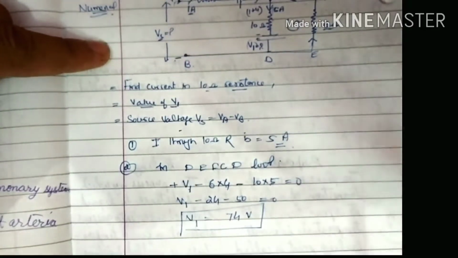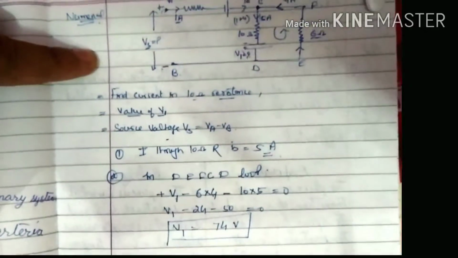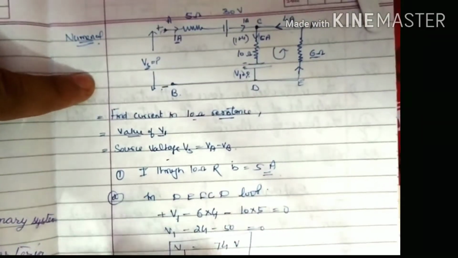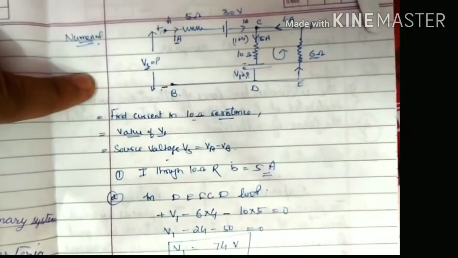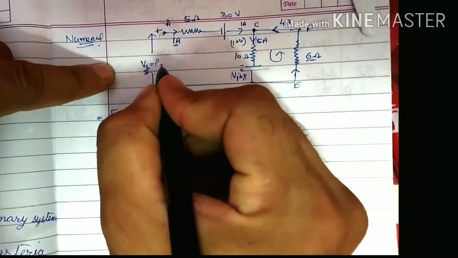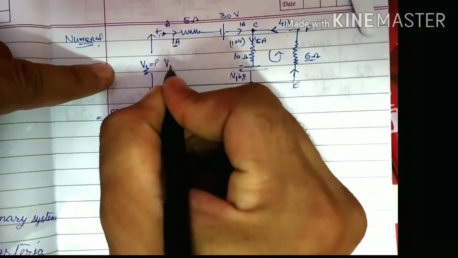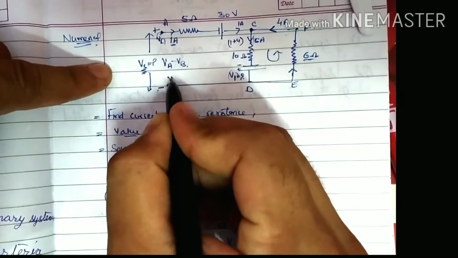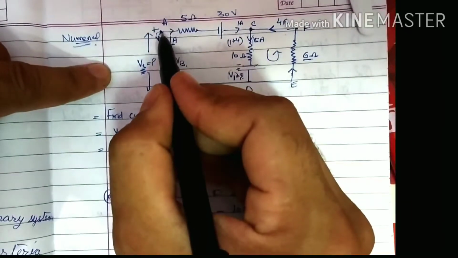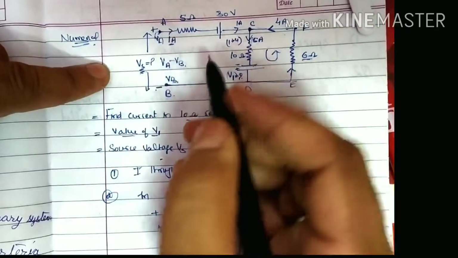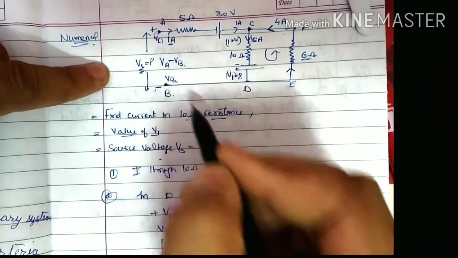Okay. Now our next step is to find the source voltage. You understand this point very clearly. You see here, find out this source voltage, and this source voltage is equal to the potential difference VA minus VB. Let the potential at this end be VA and at this end VB. So this potential will be higher, that's why current is starting from this 1 ampere. Current starts from high potential, so VA minus VB, this we have to find out.